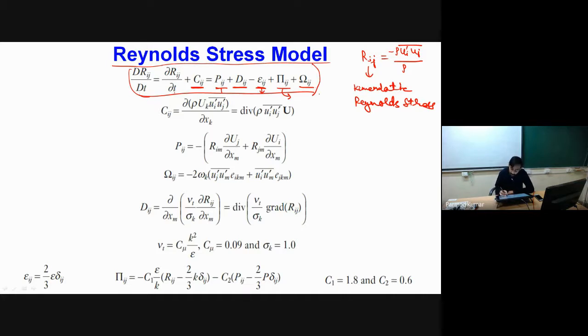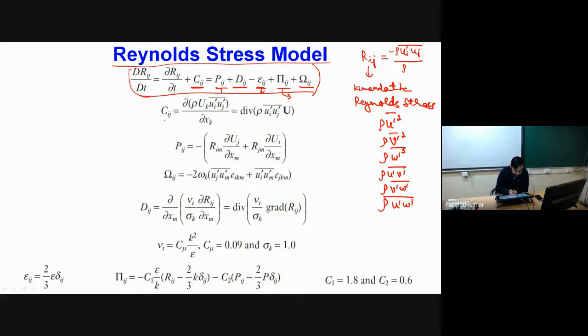we have to solve it for all the individual Reynolds stresses. For example, first I will write this for rho u dash square bar, then for rho v dash square bar, then for rho w dash square bar. So for all these three, there will be three individual equations. Similarly, one for rho u dash v dash bar, one for rho v dash w dash bar, and one for rho u dash w dash bar. As we have six different turbulent stresses involved, for each stress we will write a separate transport equation.